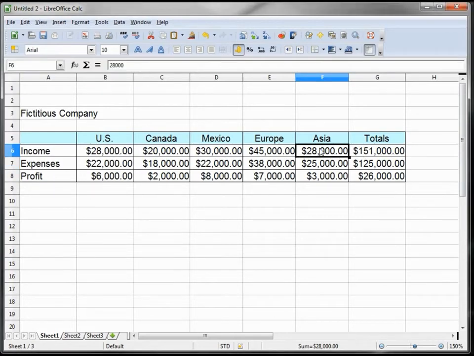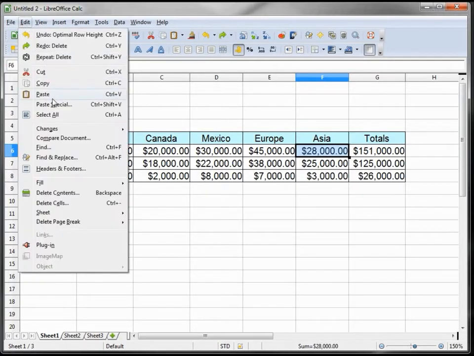Deleting data, just go to the cell that we want to delete, and I'm hitting the delete key. Now I'm going back and going to hit that undo. And we also have